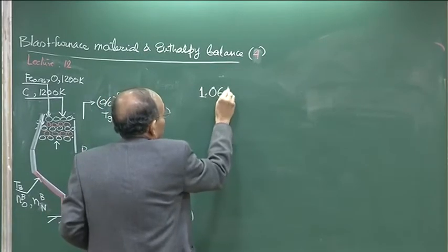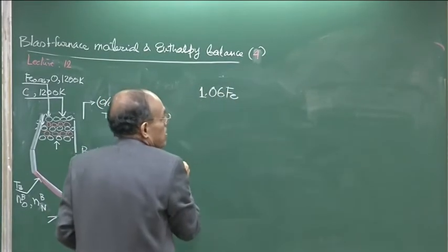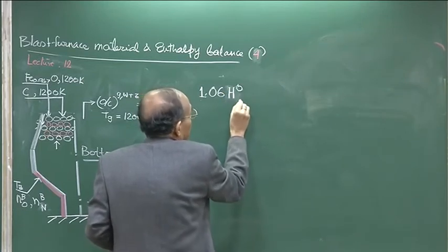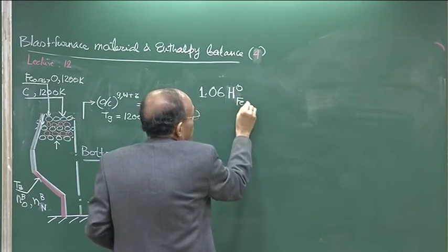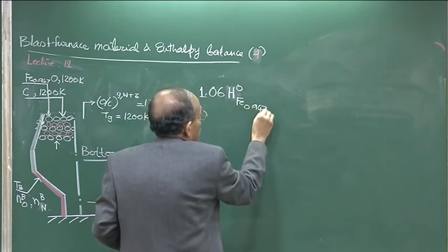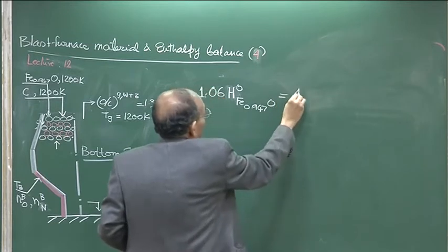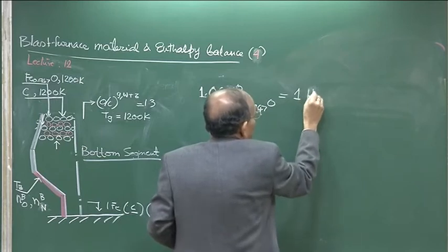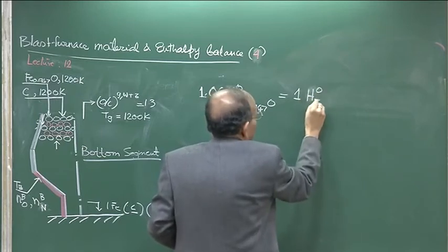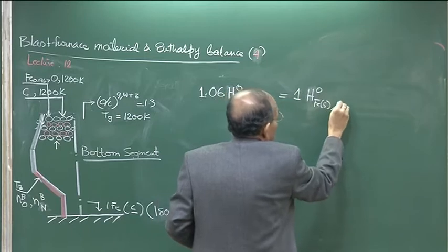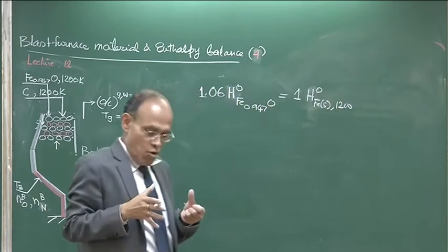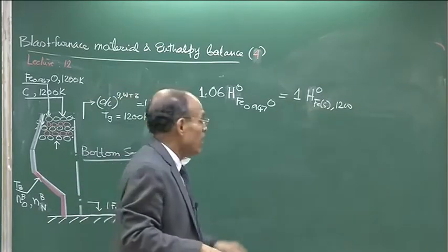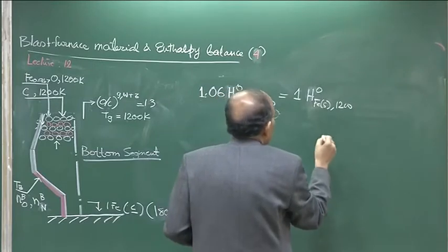1.06 Fe, this term, how can you split it? H naught 1200 of Fe 0.947 O, that is austenite, and that is equal to, we have 1 mole of Fe. So, this is 1 mole of Fe, H naught Fe, solid, at 1200. I have got 1 mole of Fe and brought it to 1200, so it must have some sensible heat and standard enthalpy from its pure state. Then I have